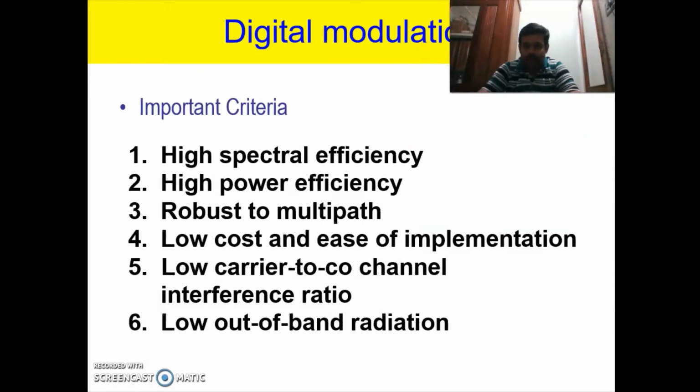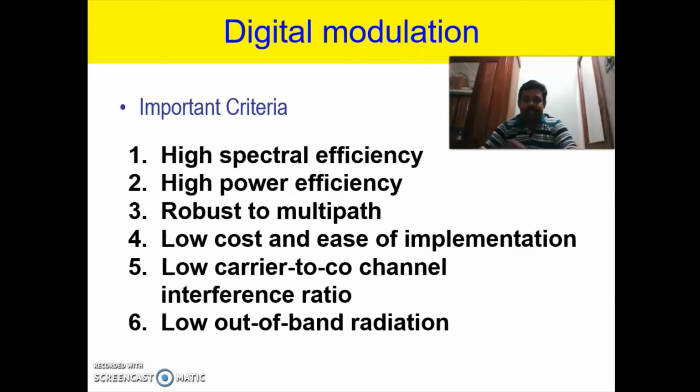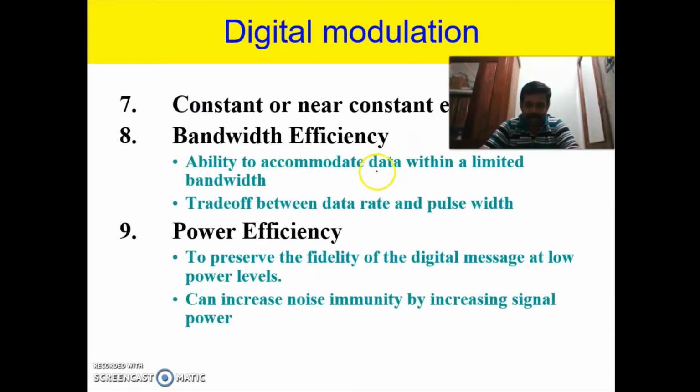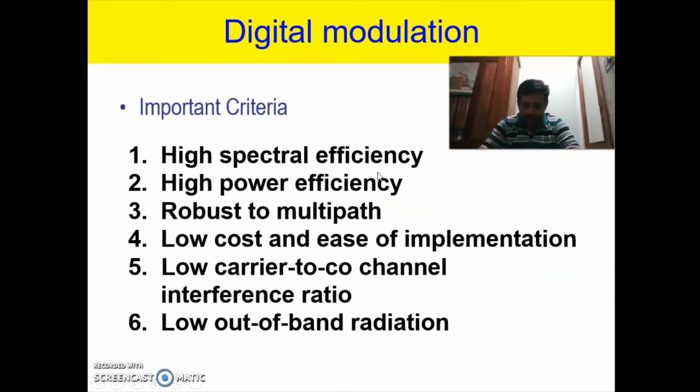Now, the important advantages of digital modulation are: it has high spectral efficiency, high power efficiency, and it is robust to multipath. Traveling in more than one path is called multipath.